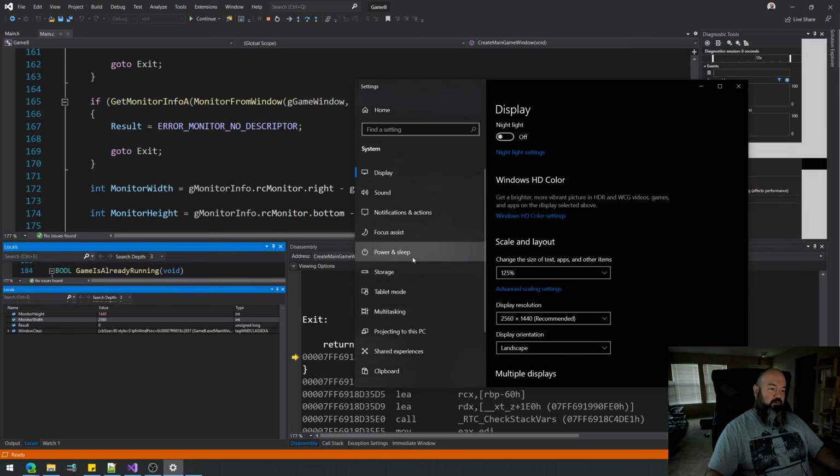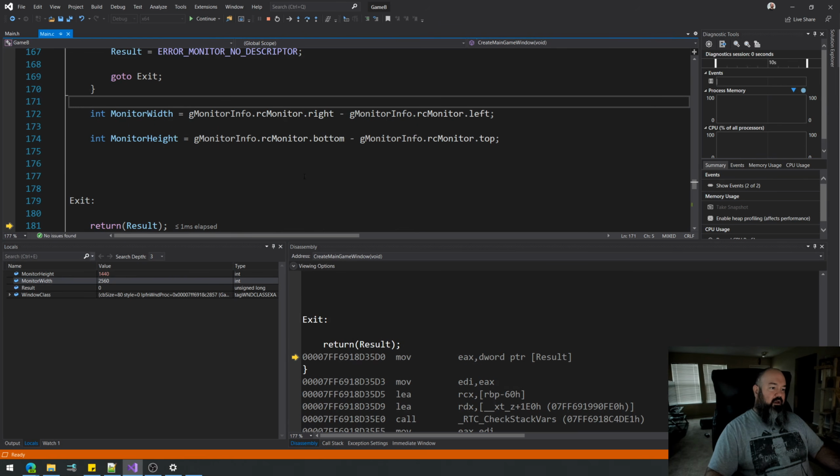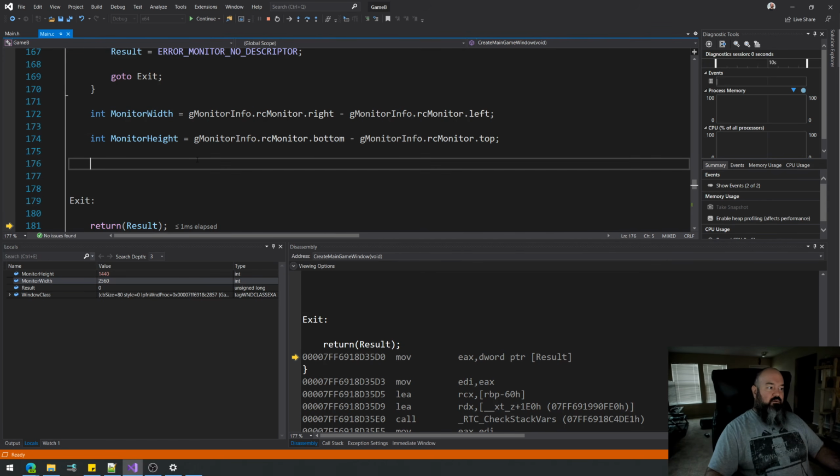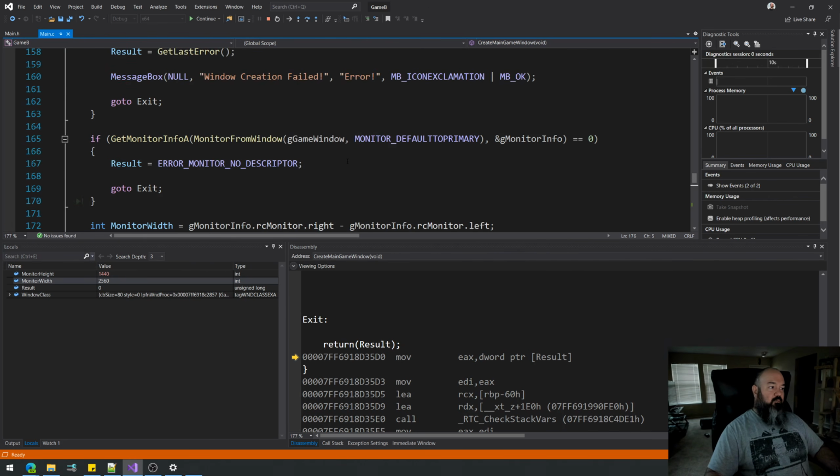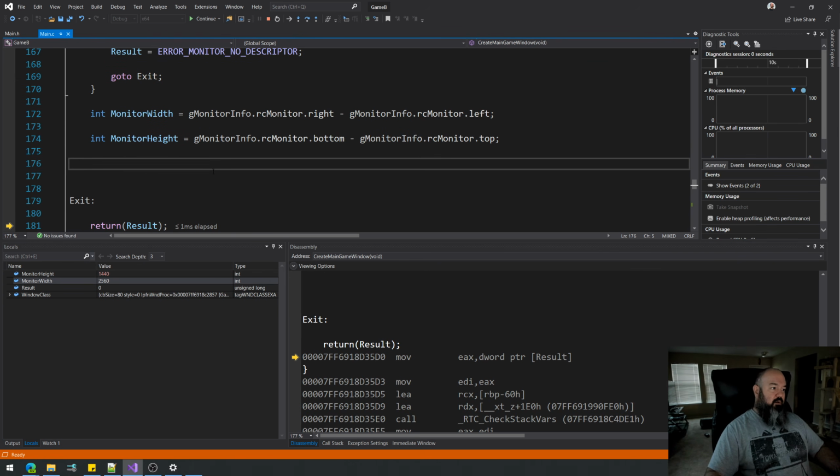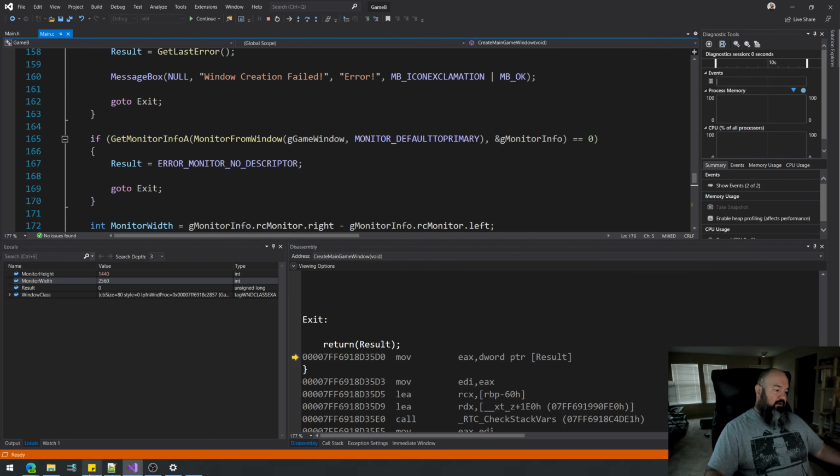But I want to set it back to 125. And that's the thing, is we do have to fix this because we can't assume that the user is at 100% zoom level. We don't know what their monitor's DPI, dots per inch, is. We don't know what their zoom level is. We just want to make sure that we compensate for that and we get correct results regardless of how the user's monitor is configured. So I did a little research on this, and